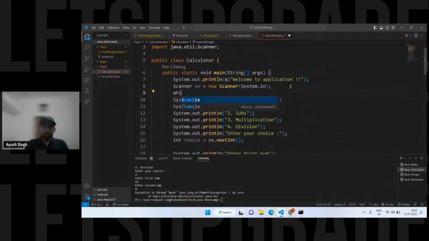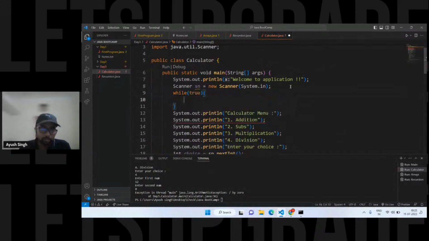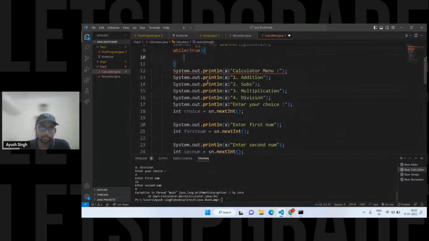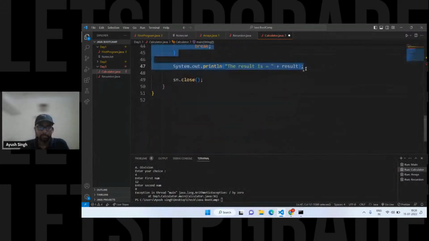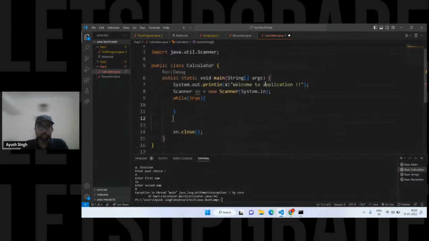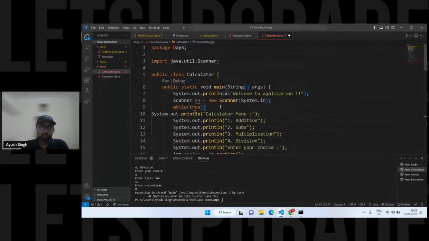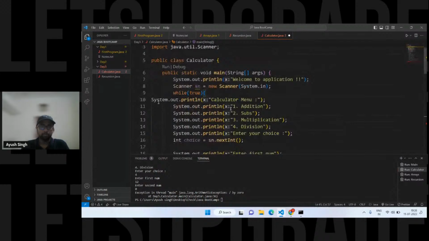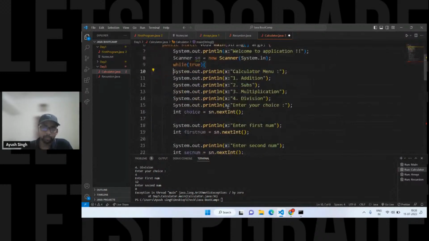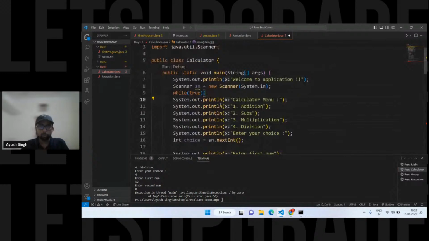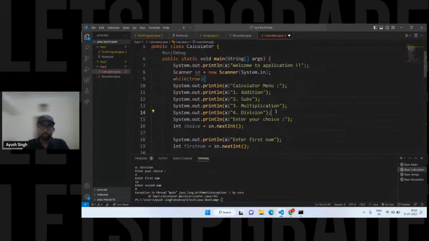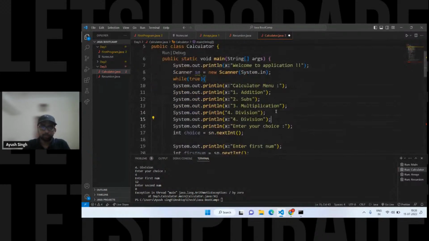Okay. So let's suppose we have a while loop, and in here, just tell me right in the chat box. I'm just making it kind of infinite way. Okay, so scanner is going to close and everything is going in this particular while loop, right? Just tell me, first thing I have to check when I have to break from here. So one more choice I have to give is the fifth one, to exit this particular application. So how can I handle that 0, right? Just tell me